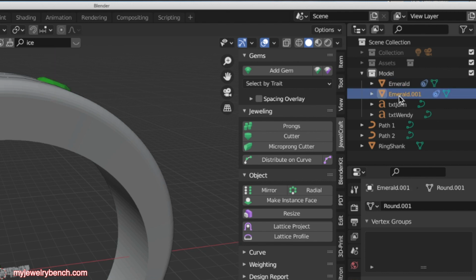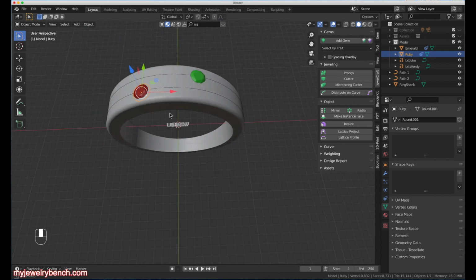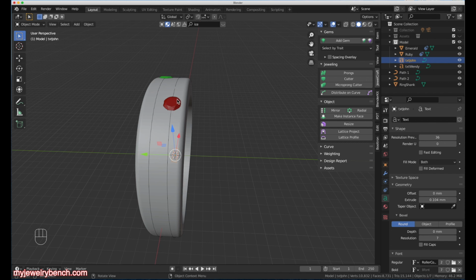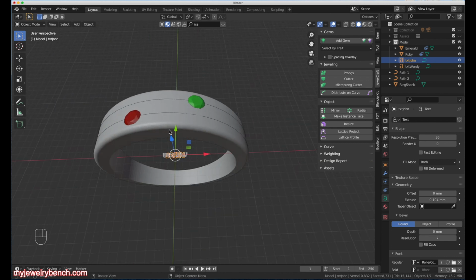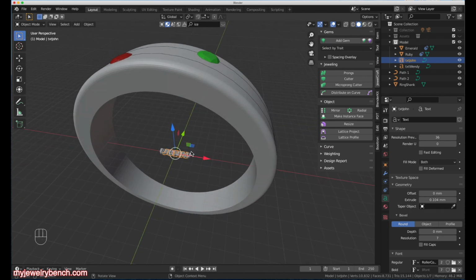And this should be ruby. Okay, I've got that done. So far, so good. So let's select John, and we're going to put John on the ruby, and Wendy will be on the emerald. So with John selected and we've got everything centered, we want to apply a curve modifier